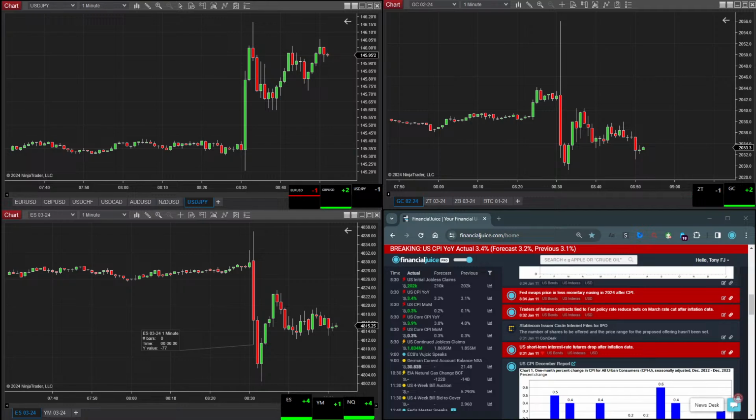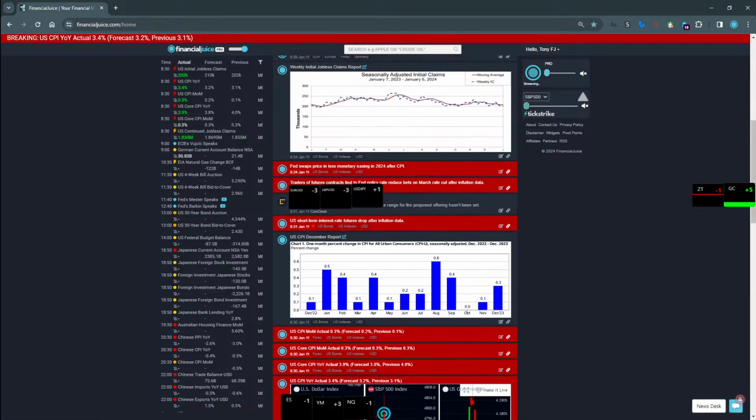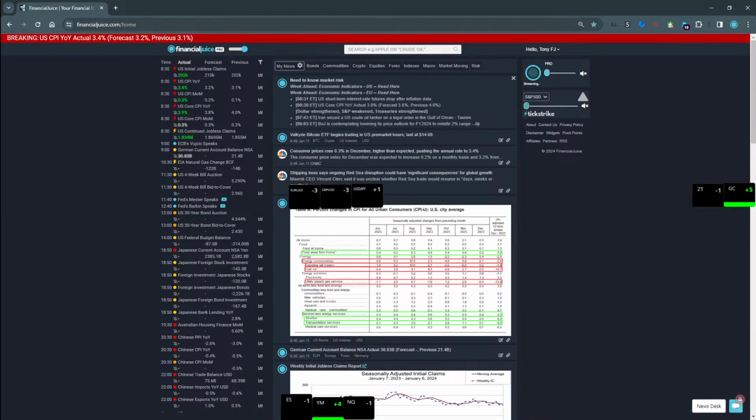If you're unsure of how it works or want to have a play around with it, on the site here we have the free version, but that's restricted to four different assets: the S&P, Eurodollar, oil, and Bitcoin. The sensitivity is also limited to 6, so around halfway. If you've never used TICKSTRIKE before, have a little play with it on our feed here on the site and see if it works for you. If it doesn't, then of course you would know.